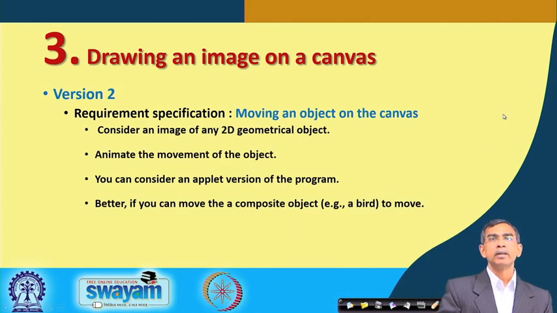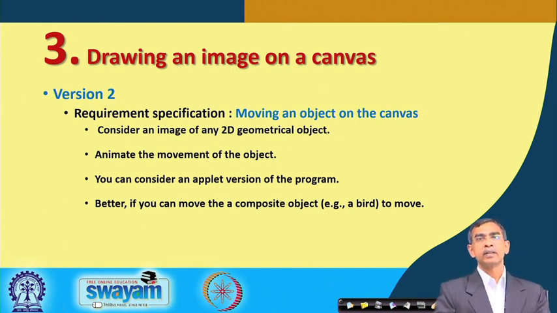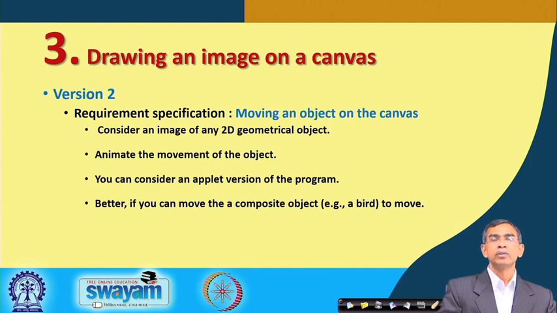Our next idea is how the movement of an object on the canvas can be added. So, this is the second phase of your project. Here you can create any one image. Initially you should consider only one simple image, maybe a circle. Now, animate the movement of the image. We already know about the banner applet that we discussed while discussing applets, so there we have also made it. The movement can be achieved by repeated use of the update and repaint methods. So, I advise you to do it using an applet, because it is easier.